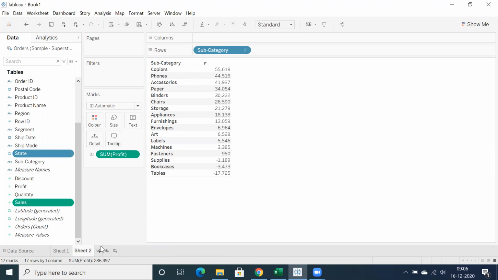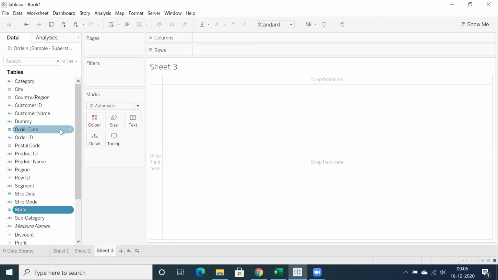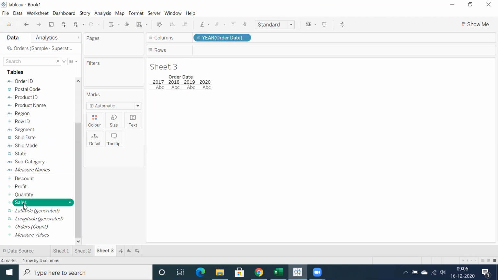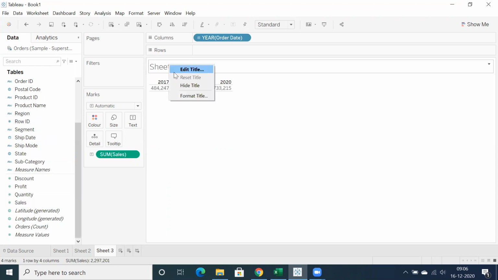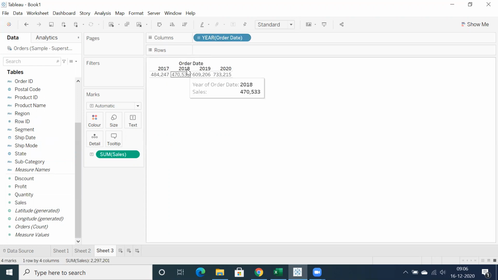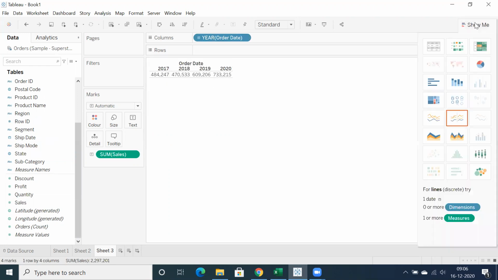The proper example I can tell you before going into this is a date field. We have Order Date. When you use Order Date and Sales, you have Order Date by Sales, year of Order Date and Sales information. Whenever you use a date field, you are able to see a line graph, right? What is this line graph and what is this? When you mouse over, you can clearly see below that this is a continuous line graph and this is a discrete line graph.